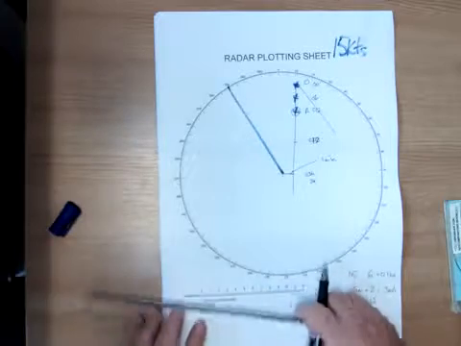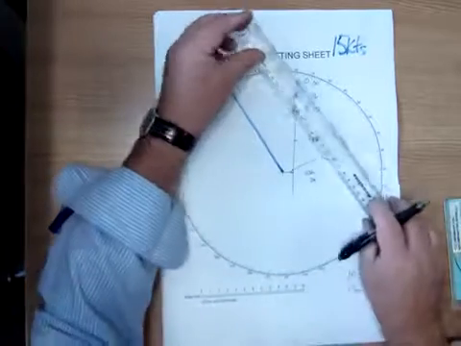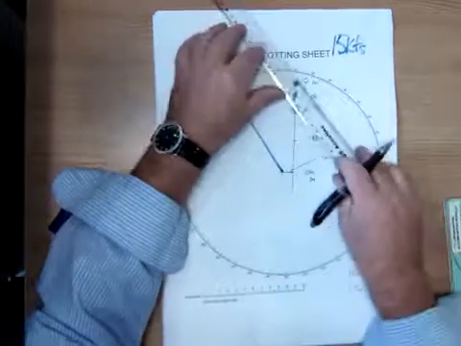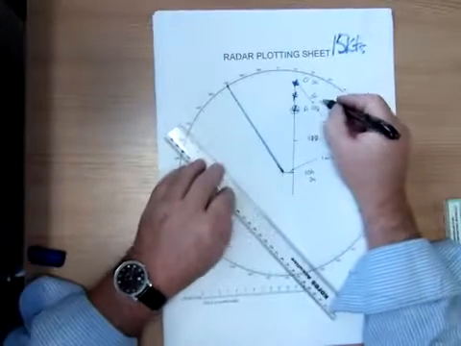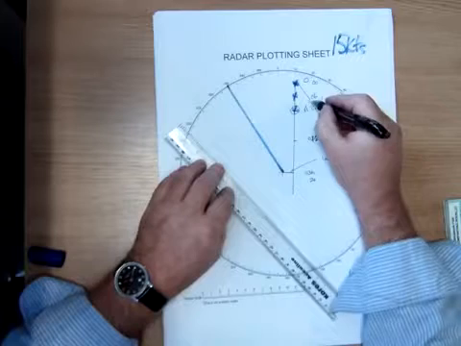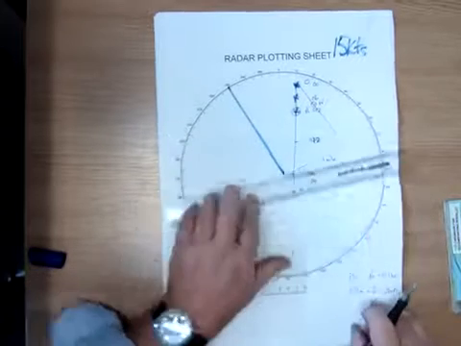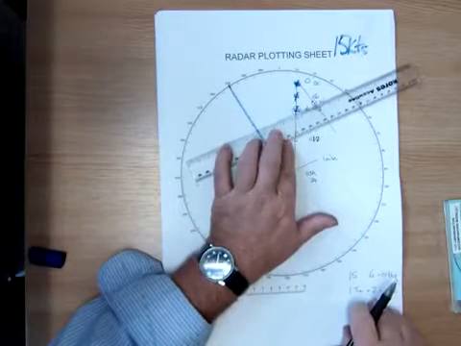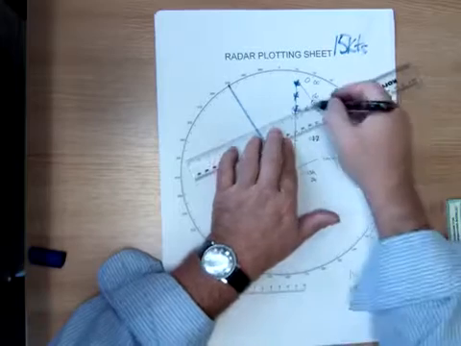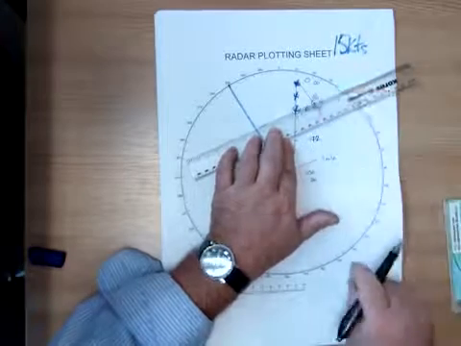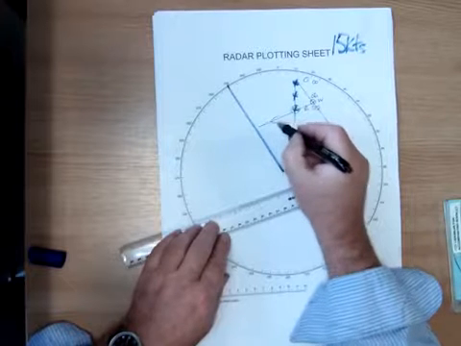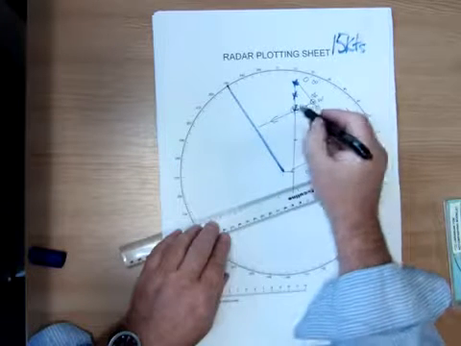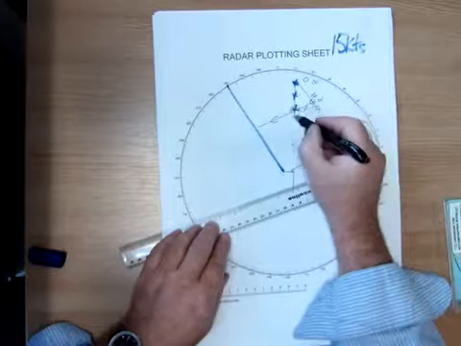You follow it so far? Yep. So 3 miles down here, that would be 3 miles. So that becomes W. And so what I do now is I just join W to A, and that is her course. That's the way that she's actually heading. So if I put that there,